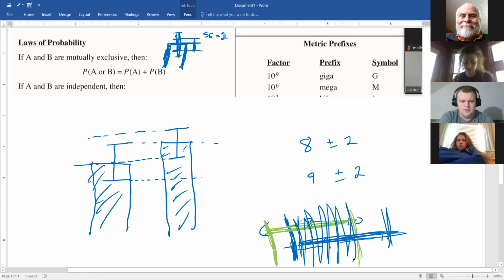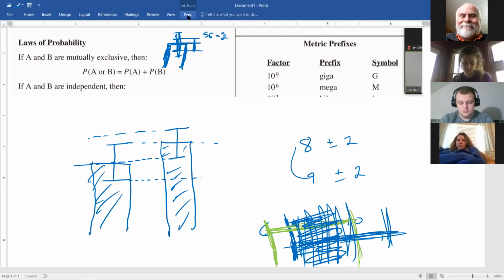But at this point, I cannot trust those two numbers if they have that much overlap. Is there a difference between 8 and 9? Not when they have this much overlap in their possible error. This is what standard error is trying to tell us. So it's very, very important when you analyze a graph